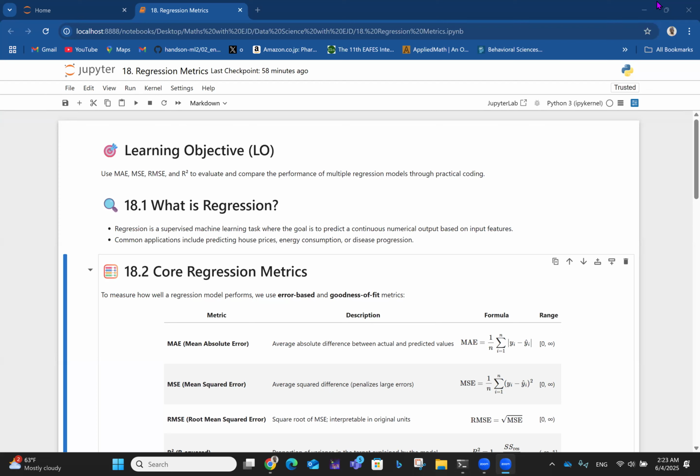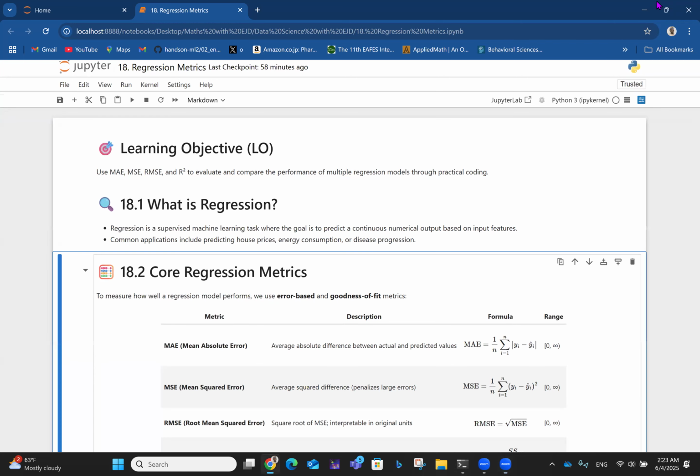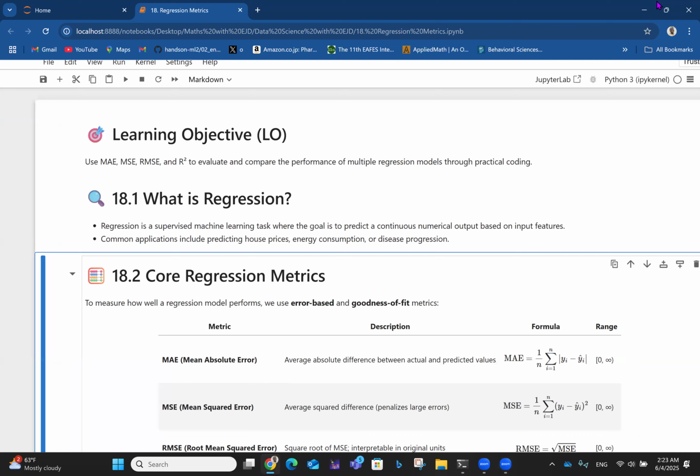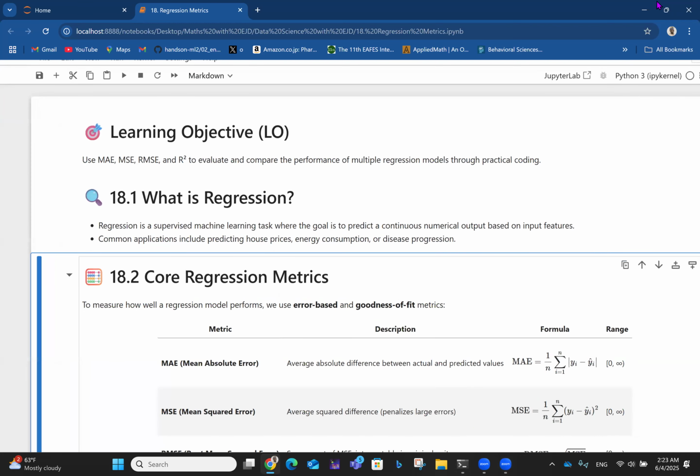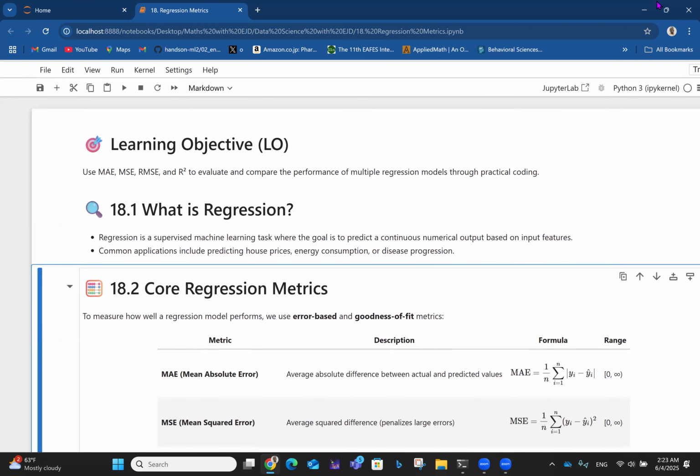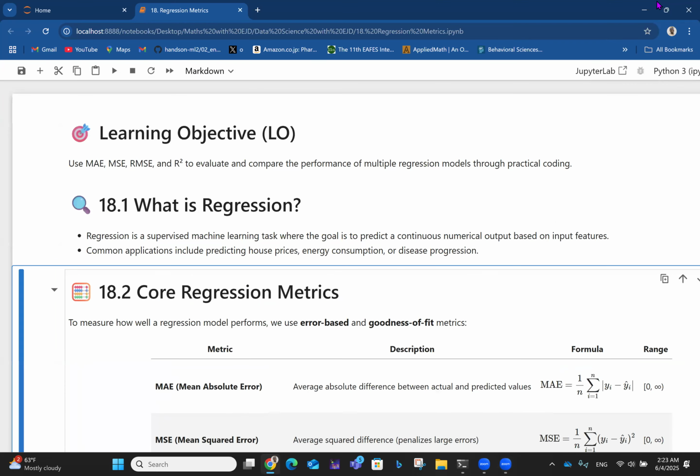In this video, we move on to regression metrics. We've been using some of these metrics as we looked at different regression algorithms. But in this video, we zoom into the metrics in particular and see how they perform on regression models. So the learning objective here is to use MAE, MSE, RMSE, and R squared to evaluate and